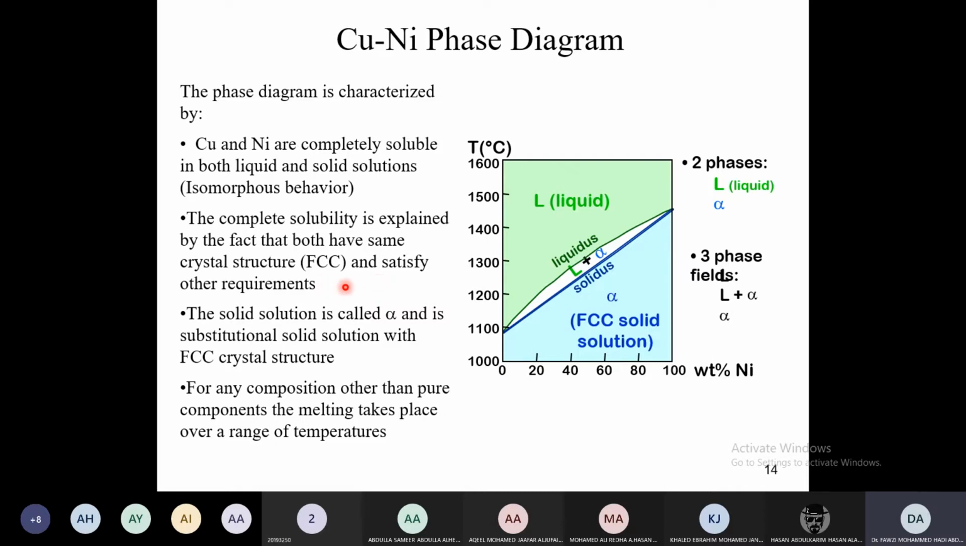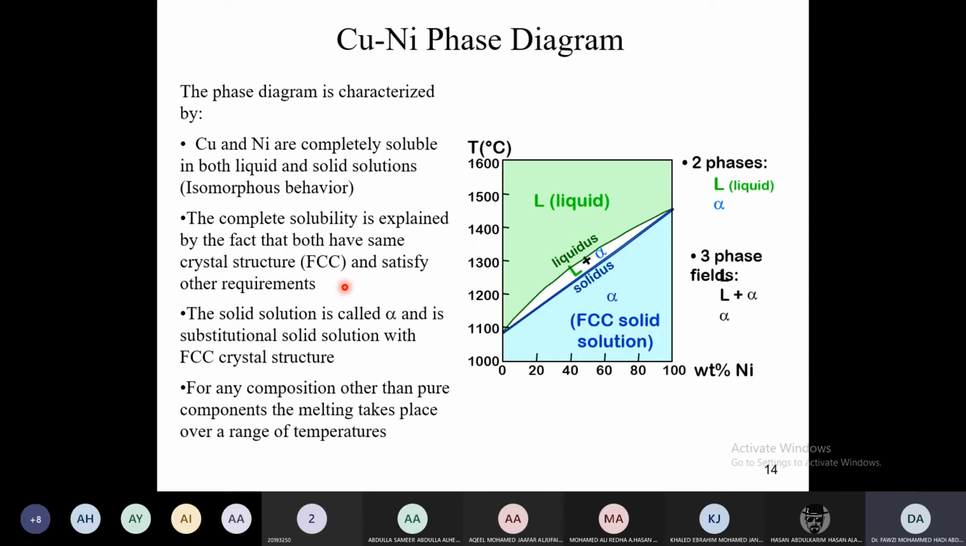This is how the complete solubility of one into the other is explained. Why? Of course, this is a substitutional solid solution. Why? Because the sizes of the atoms are comparable, that is, nearly equal to each other. Nearly, they are not equal to each other, of course. So it makes a substitutional and not an interstitial solid solution, so that it is completely soluble one into the other,